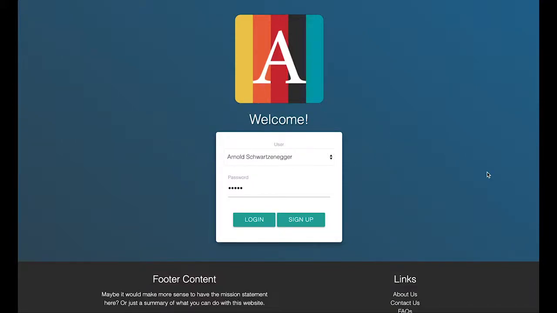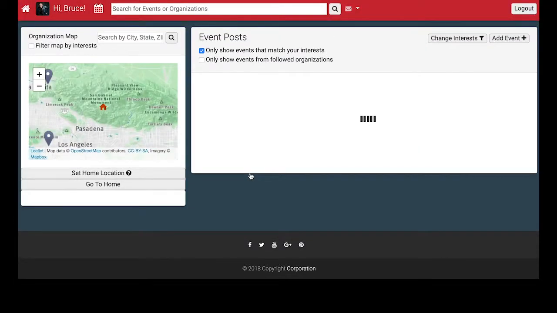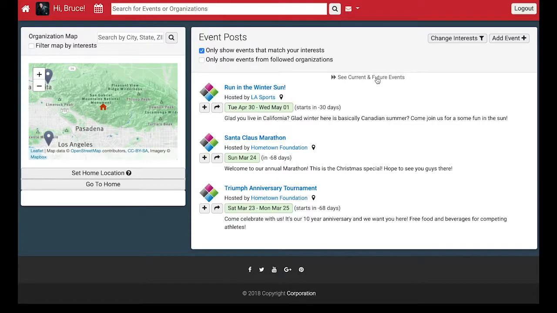Hi, this is just a brief look at the sporting event search engine that I developed. This is sort of a prototype for what would be possible. Go ahead and log in here. Now, the data in this database is kind of outdated at this point, but we can click and see